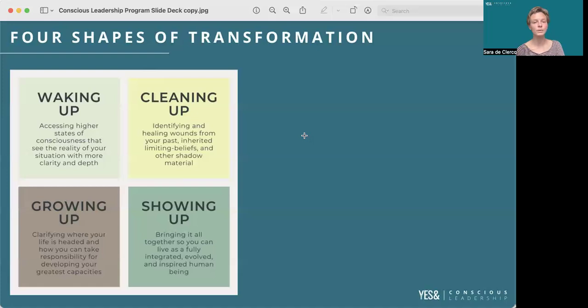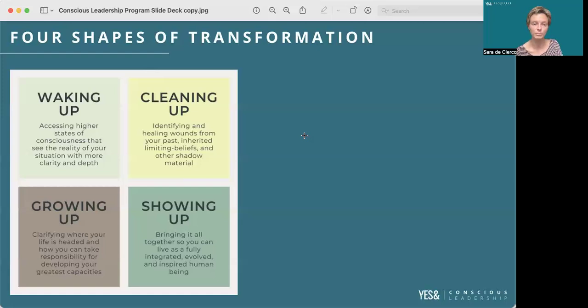Growing up also has to do with, and we will go into that later, levels of consciousness or stages of human maturity. We all have to move through these stages, and it has to do with how mature we are able to look into a certain context or situation. This is going to lean into showing up already a little bit, but how can we show up in the world with a more full capacity and with more maturity? So this also has a lot to do with emotional maturity, relational maturity, but also maturity in, think of, business or health. Like how much are we able to respond and take responsibility in our lives?